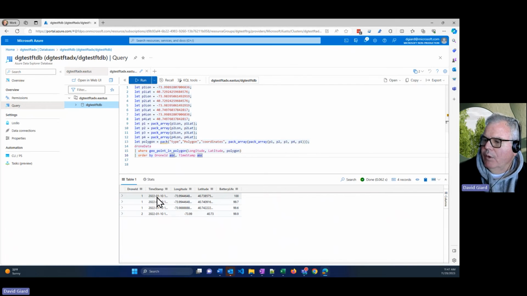Run that, and there were only 4 points in that polygon, 1 for drone 2, 3 for drone 1. There's the longitude and latitude of each one, and then also happens to show the battery life at that time, which may or may not be significant to me. What else do we have here? How about,